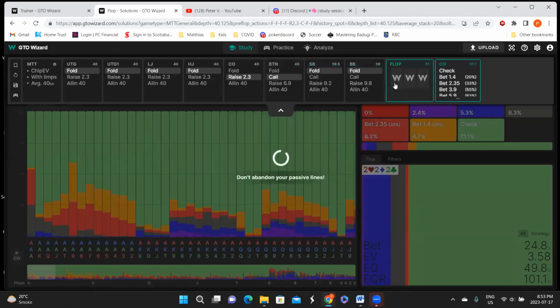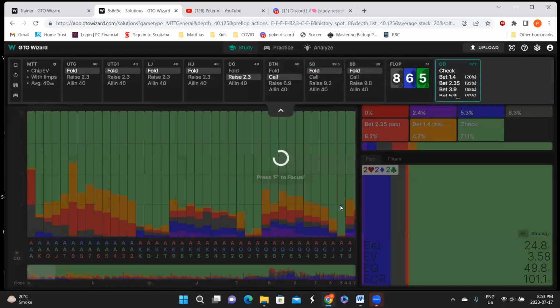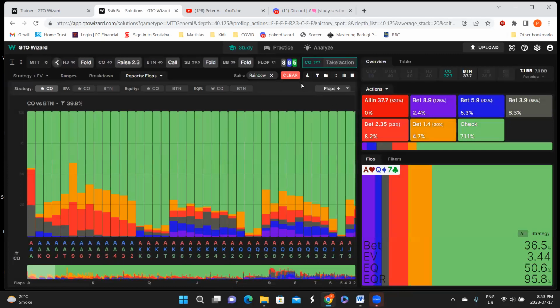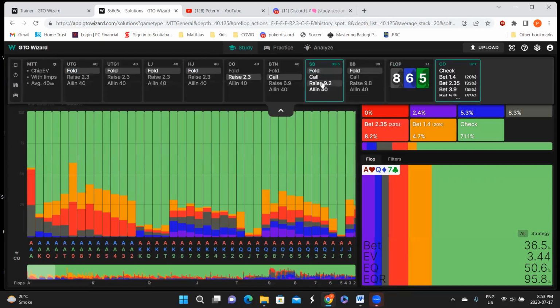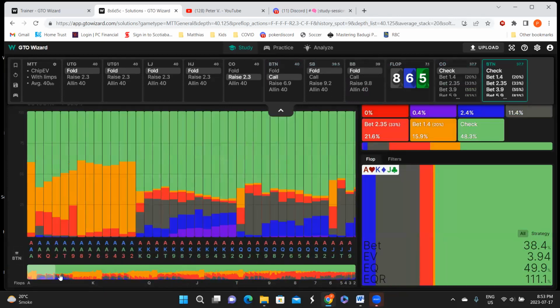Fold. There we go. Check, and the button, when it's checked to us,